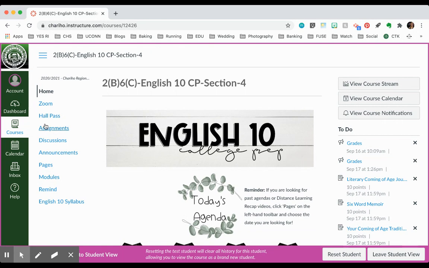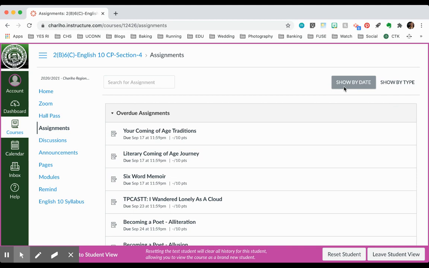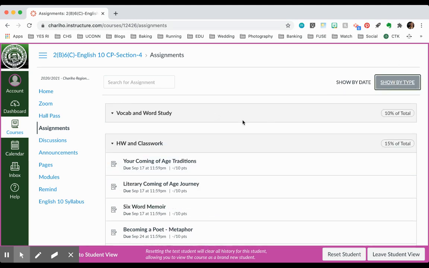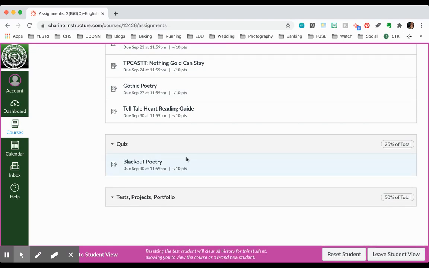The assignments tab is also really important. You click here, you can either sort by date, what is overdue, or sort by type. We haven't had any vocab stuff yet, but we've done a bunch of classwork. And we have our first quiz coming up with the blackout poetry. So let's practice submitting something. I can't do everything because I'm not a student. But if you're going to submit an assignment, you're going to click it,